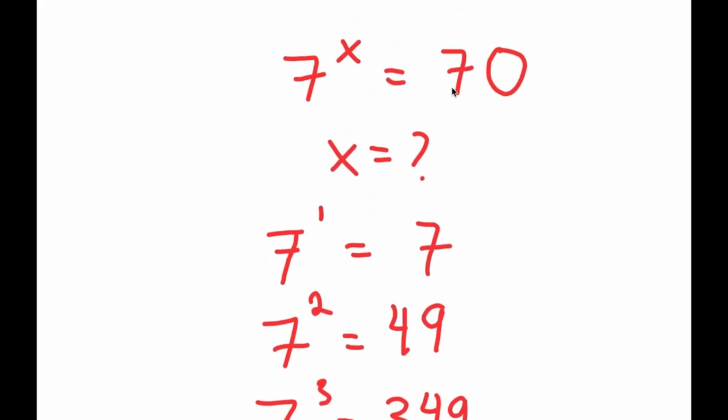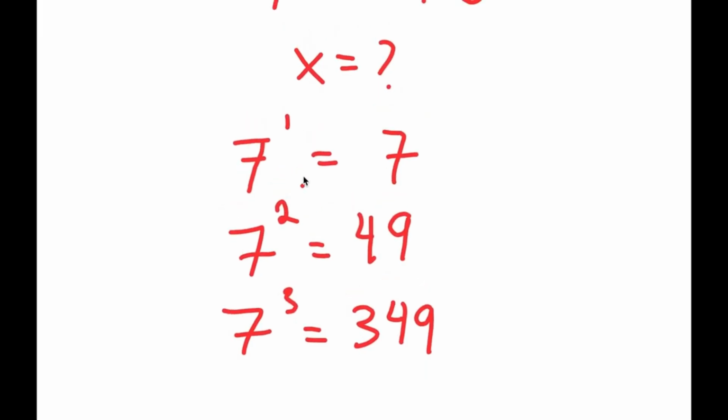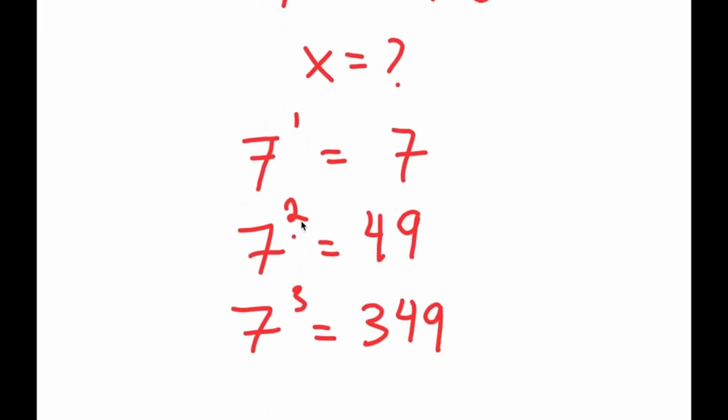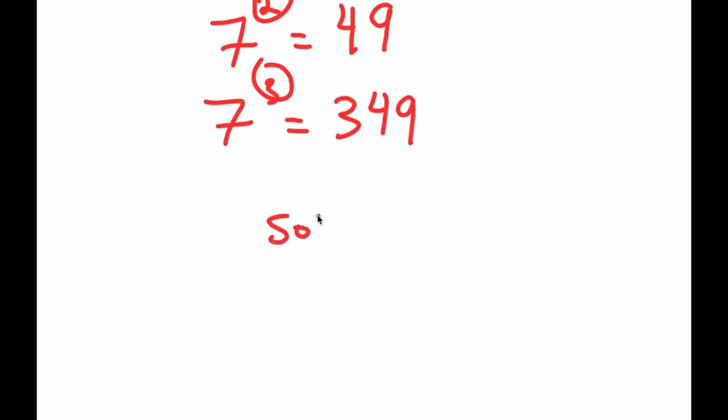So notice how we're trying to find what value of x we should take the power of 7 to equal 70, but even the number 3 results in a number much higher than 70, meaning the value of x is going to be a decimal somewhere in between 2 and 3. So now to actually solve for x,